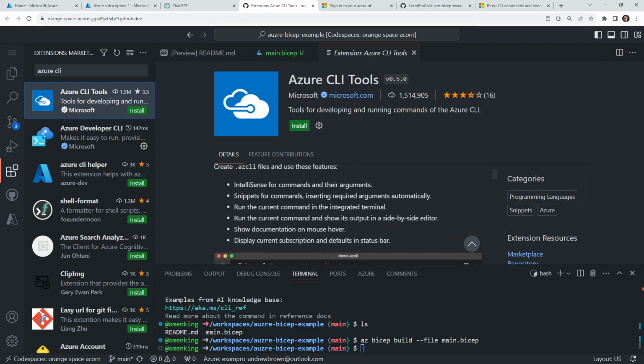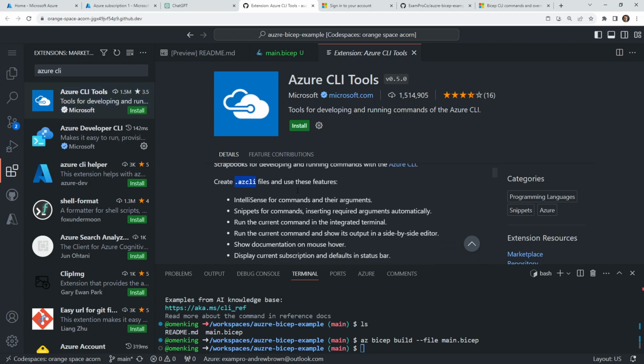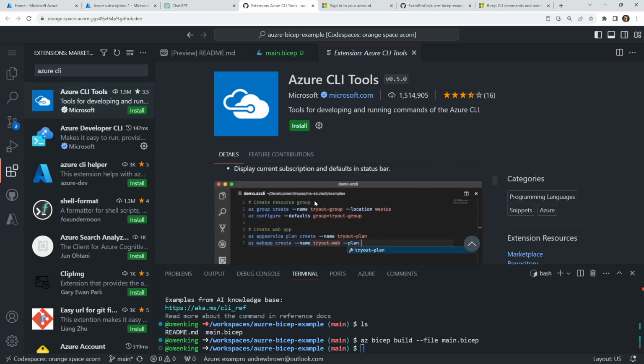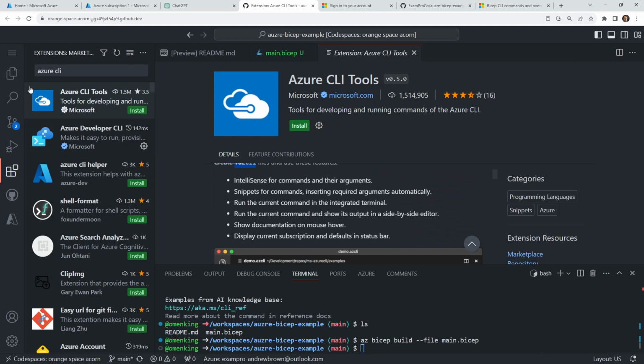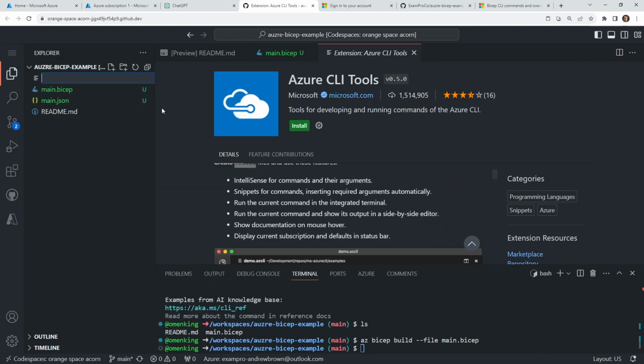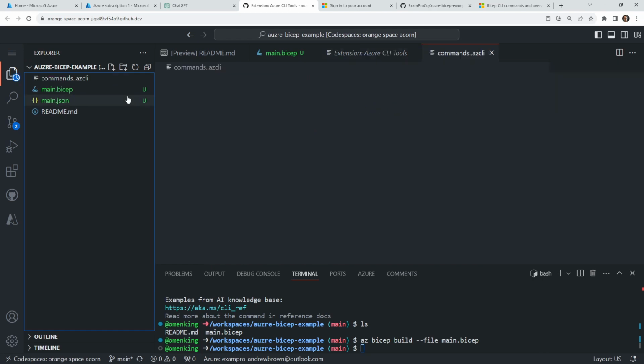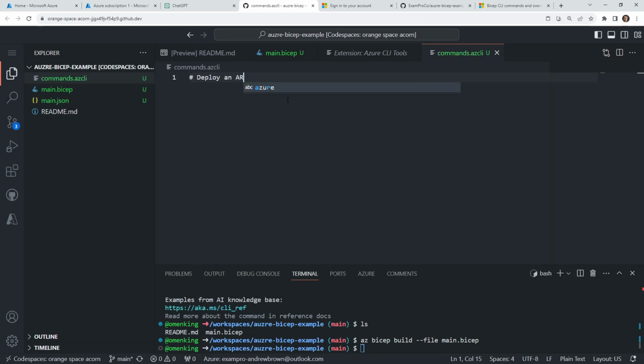Oh, okay, so there's actually a thing called an Azure CLI file. That's new to me. But what we'll do is we'll go ahead and say new file. So we'll just say commands, and I'll put that there. Rename that like that. That's what it's saying to do. And so we'll say deploy an ARM template, and we'll go back over here and see if it starts